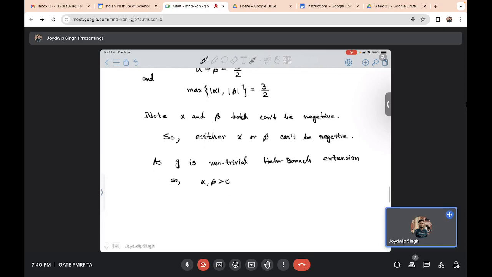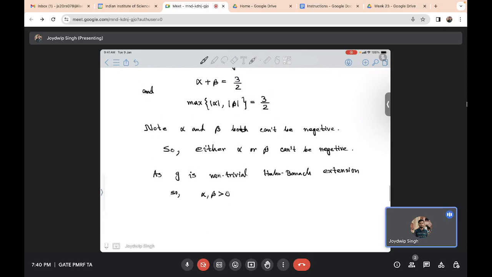Now what will be the possible values? So as the sum of both is